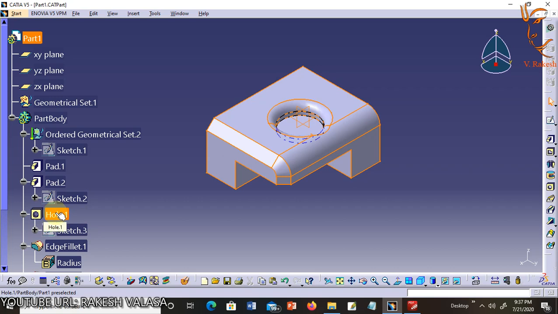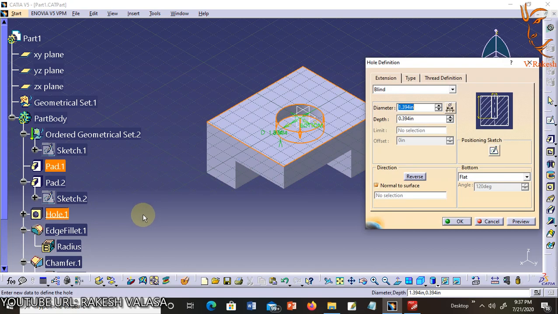Notice that one branch of the specification tree is highlighted. Hole one in the part is also highlighted. CATIA V5 allows you to select the elements using the specification tree or the actual geometry in the workspace.